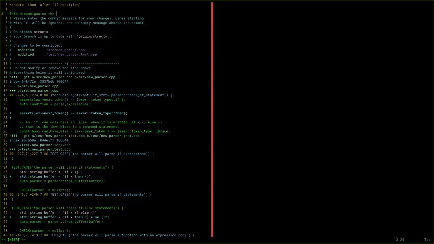This disambiguates the if condition from the if body. This is needed